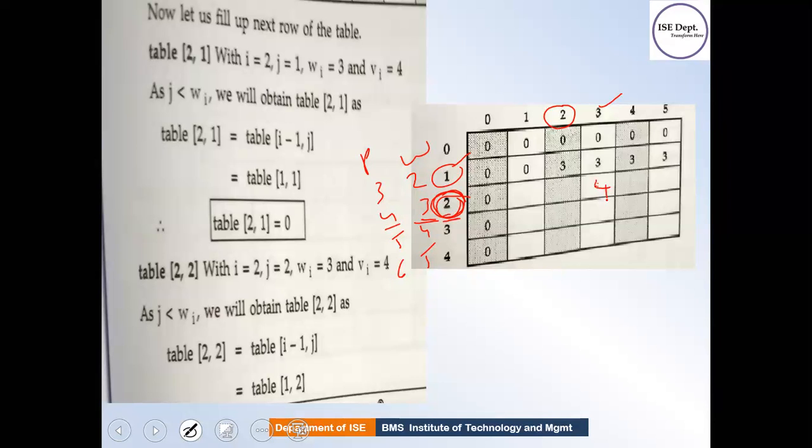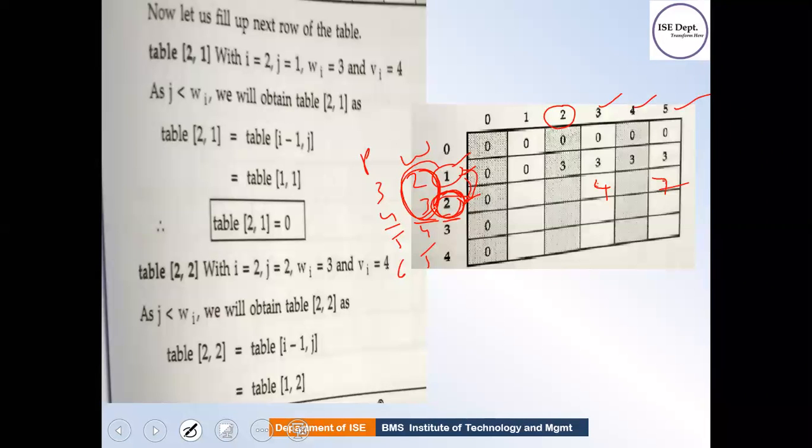Correct. So what is the profit of this? It is 4, so I will write 4 here. And you can ask a question, why can't I write both objects in this particular column? Because if you see here, the weight of objects 1 and 2 in total is 5, so I can fill it only here because the weight here is 5. Okay, so now I can write here. What is the total profit of both object 1 and object 2? It is 7. Clear? And here the weight is 4, I cannot take both because both will give me the weight as 5. So I cannot write it here.